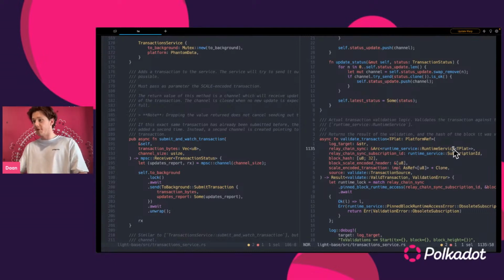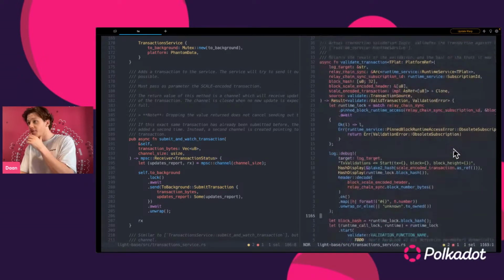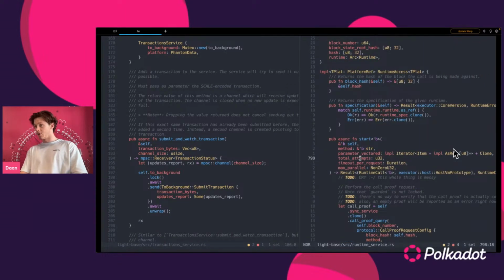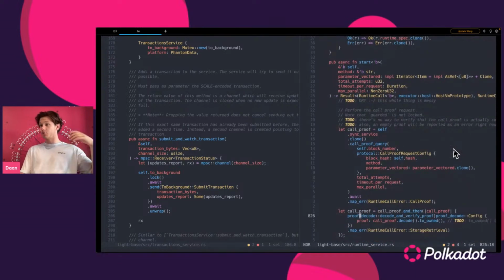So, validate transaction. We have the runtime, and we will start the whole validation process, where we first send a call proof request to the synchronization service. We need the values within the state to be able to execute the validate transaction runtime function. So we send it to the synchronization service, which will then send it to the